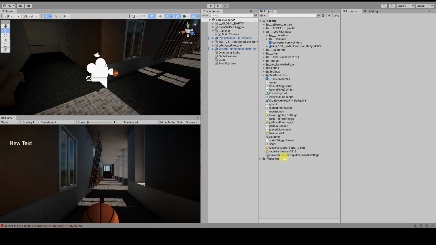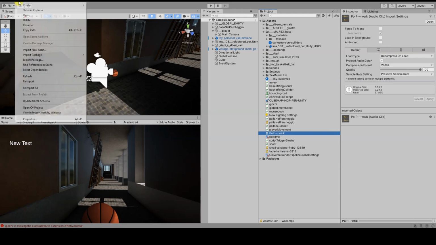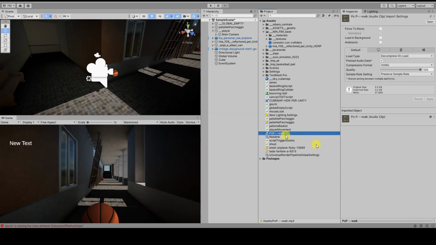Importing an audio clip into the project is quite straightforward. Simply drag the audio file from a file browser window into the Project tab or choose it from your disk through the Assets, Import New Asset window. Unity is compatible with various audio formats such as MP3, and it will display a musical note icon alongside the corresponding element within the project. As you can see, my project already contains several audio files intended for playback at different moments.